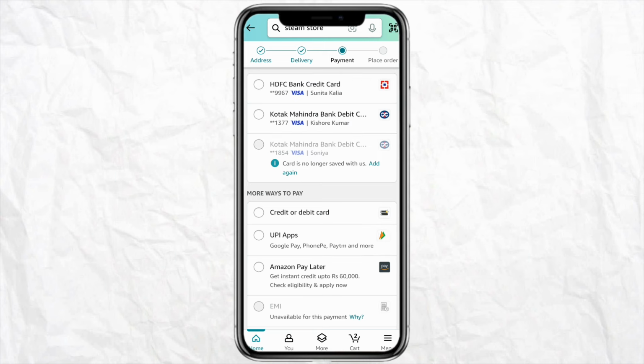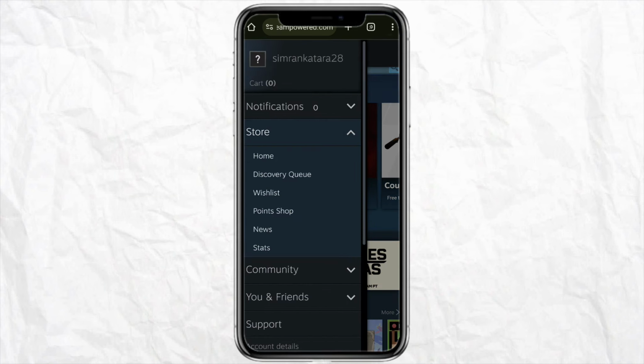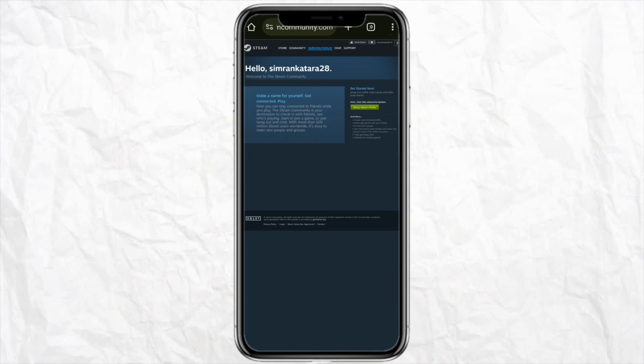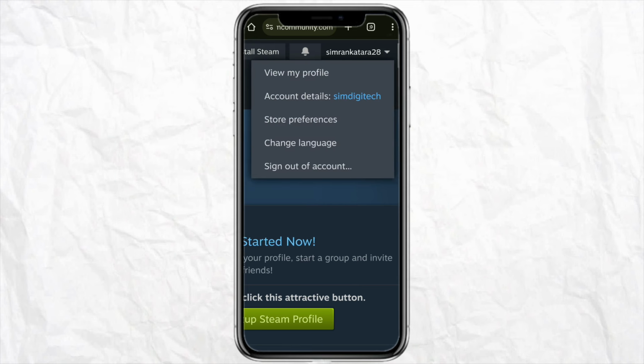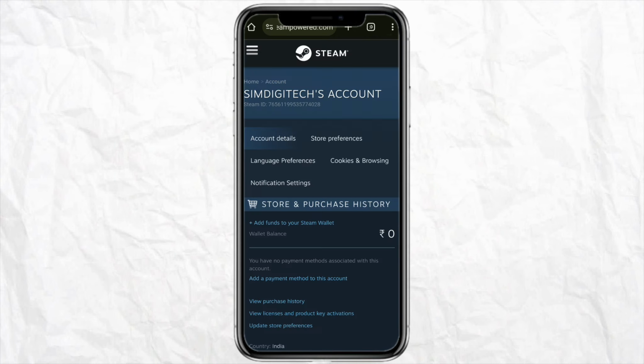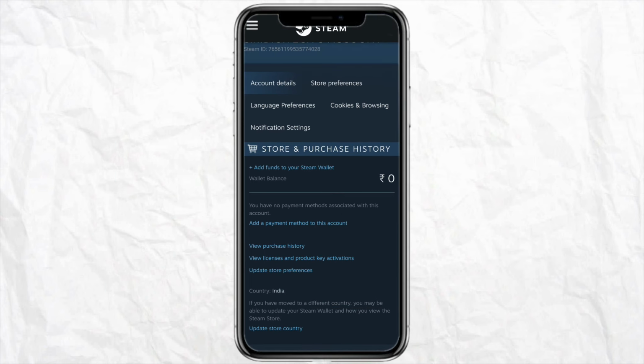And once you are done making the payment and added the amount required, just open your Steam account, and after that just click on the hamburger icon from the top left corner of your mobile screen, and here just click on your username, and now just zoom in and click on the profile icon from the top right in your mobile screen, and after that just click on the account details where your account username is also written. So just tap on it, and here when you scroll down, you will see the option called add funds to your Steam wallet. So just tap on it,